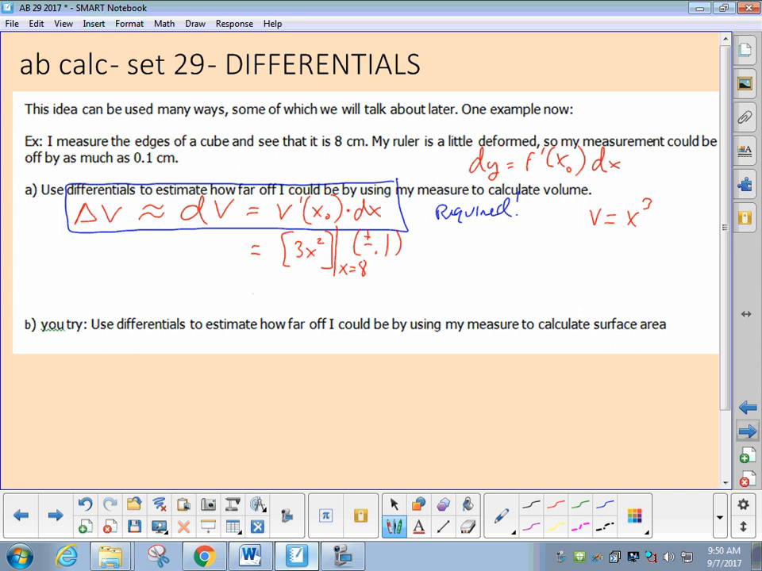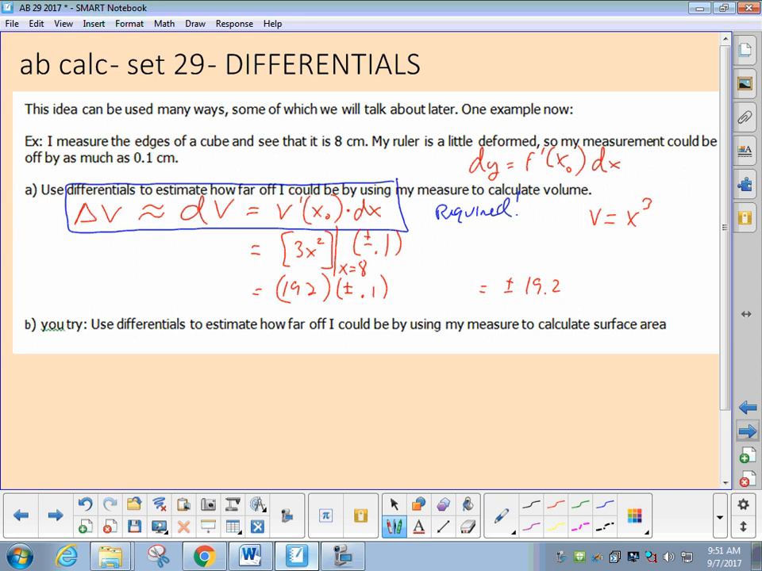Now let's plug in. At 3x squared at 8, what's 8 squared? 64. What's 64 times 3? What's 60 times 3 plus 4? 192. Okay, so 192 times plus or minus 0.1 gives me a final of plus or minus